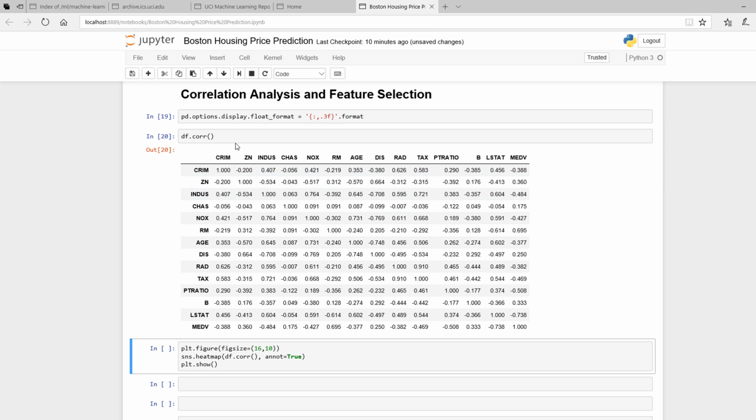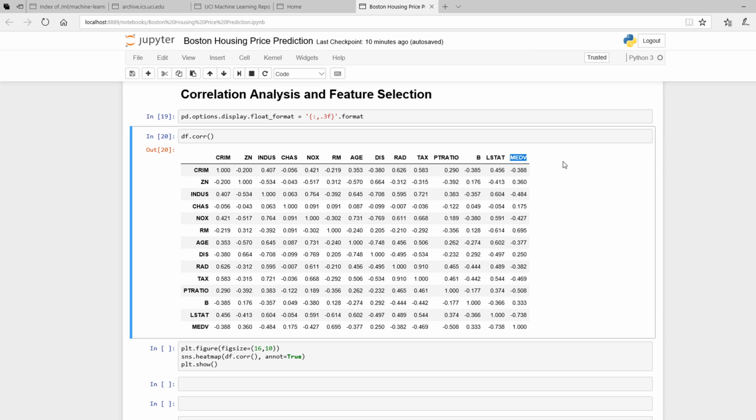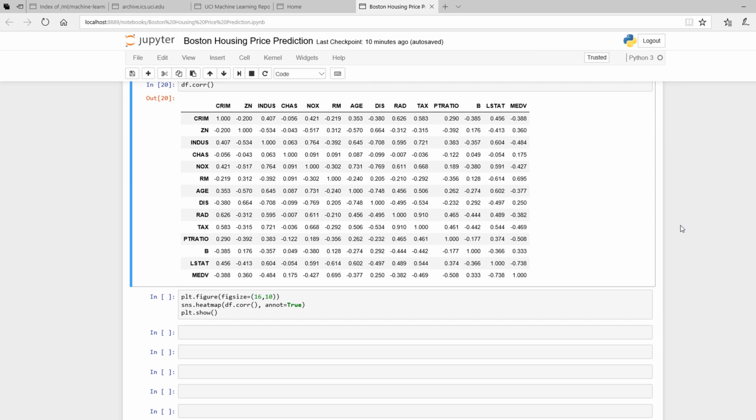Now, because we are trying to model a basic simple linear regression with only one variable on the median value, we would like to look at something that is highly correlated. So if you scan through this whole column here, which relates the median value to each and every one of these features, obviously MEDV itself is really high. It also has a high correlation with LSTAT. The other one is RM,